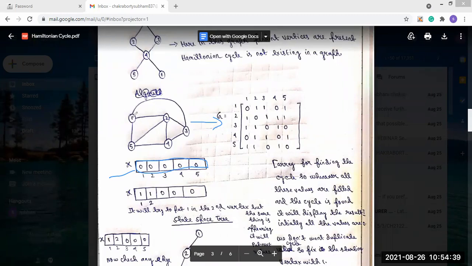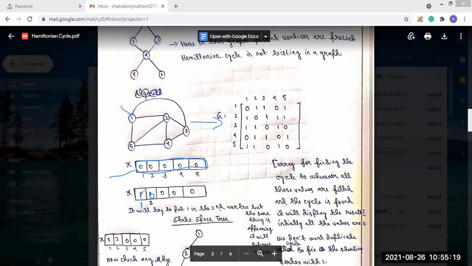Now we are considering our starting vertex as 1, which means we will put the value 1 in the first index, because our starting point is the first vertex. So now it is all zeros, and only the first index has 1.